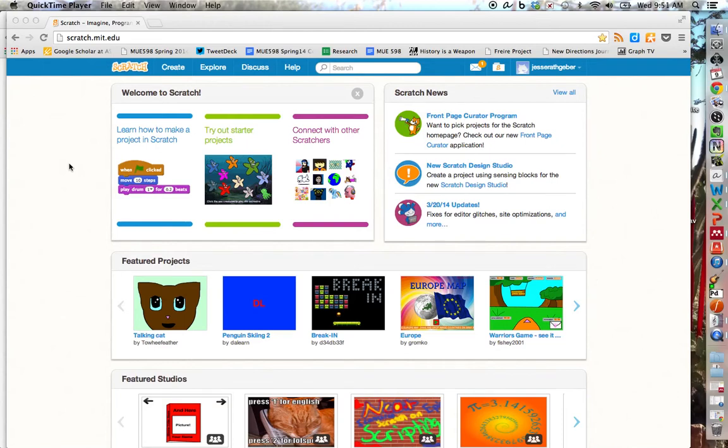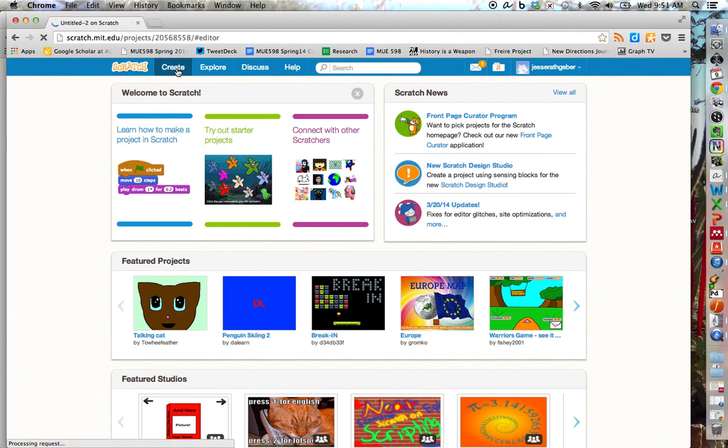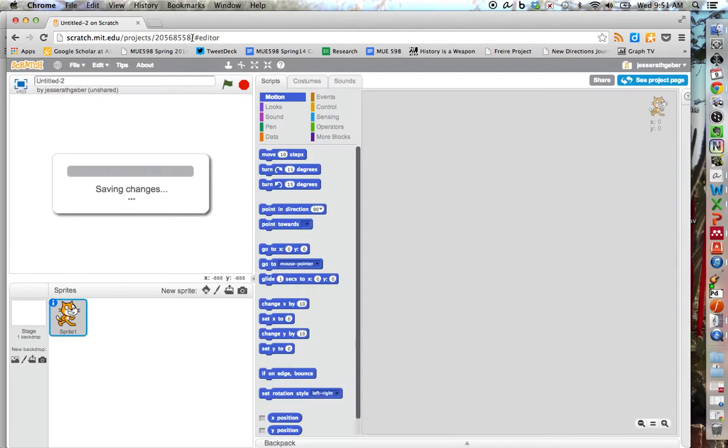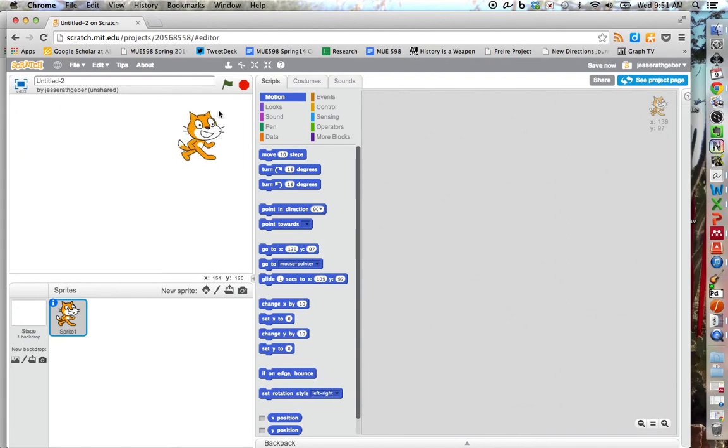I'm going to show you how to use Scratch to create a web camera controller for sounds. So first of all, from scratch.mit.edu, I'm going to go Create. It's going to assign me a brand new project, especially if I'm logged in, and it's going to give me this sprite. This is a sprite. I can change him. I can move him around. I can make him bigger by going to Grow, make it smaller,